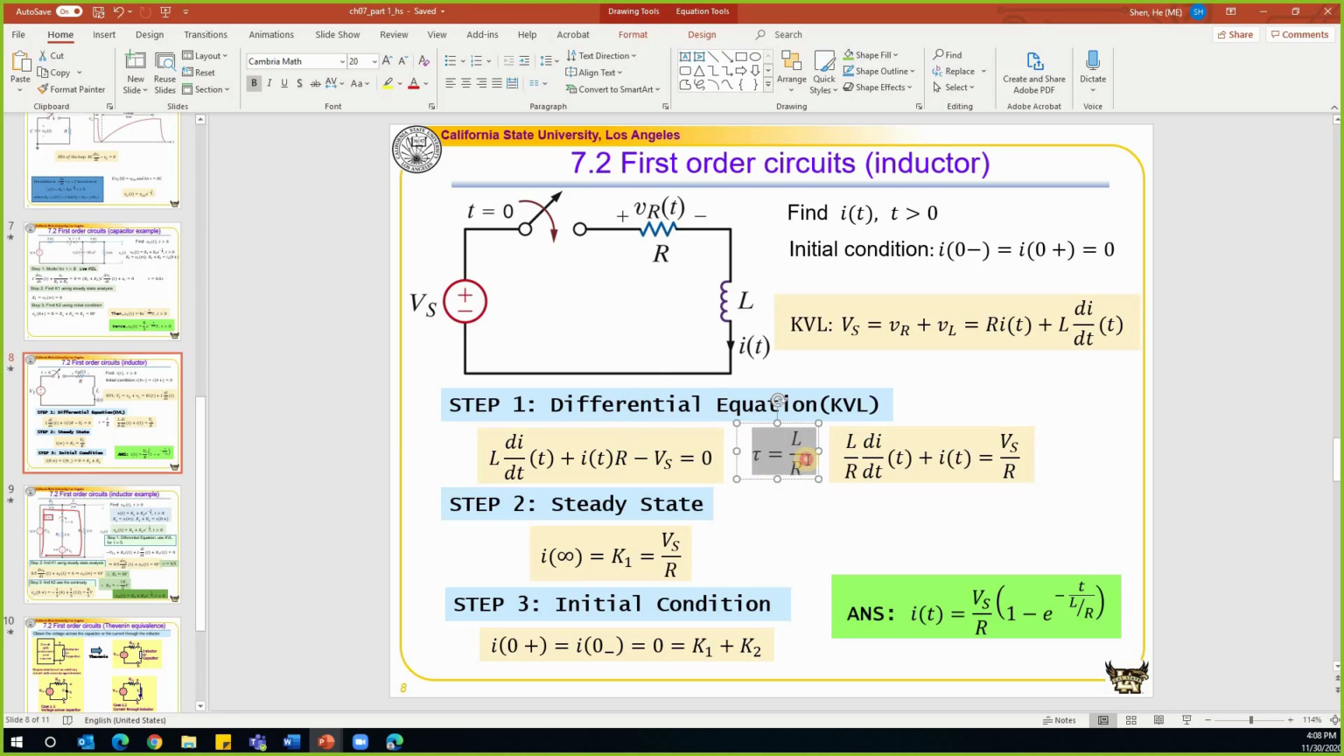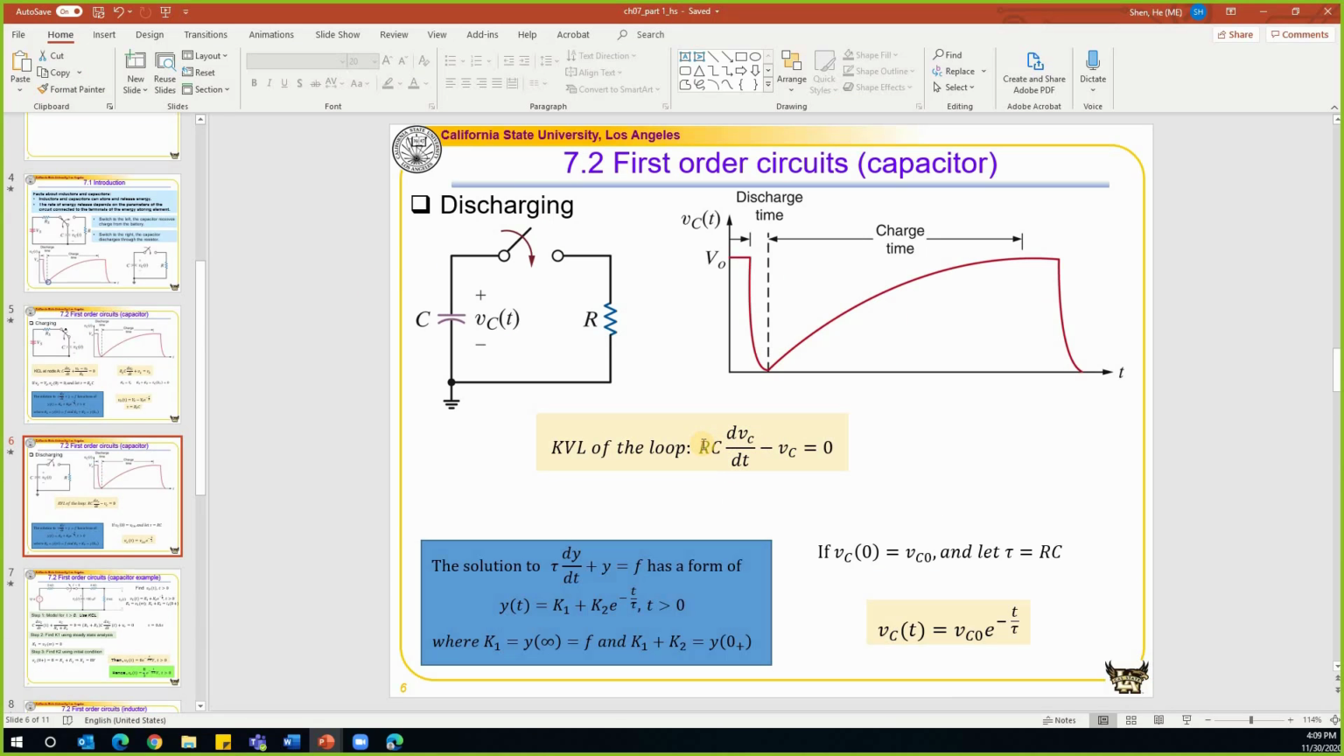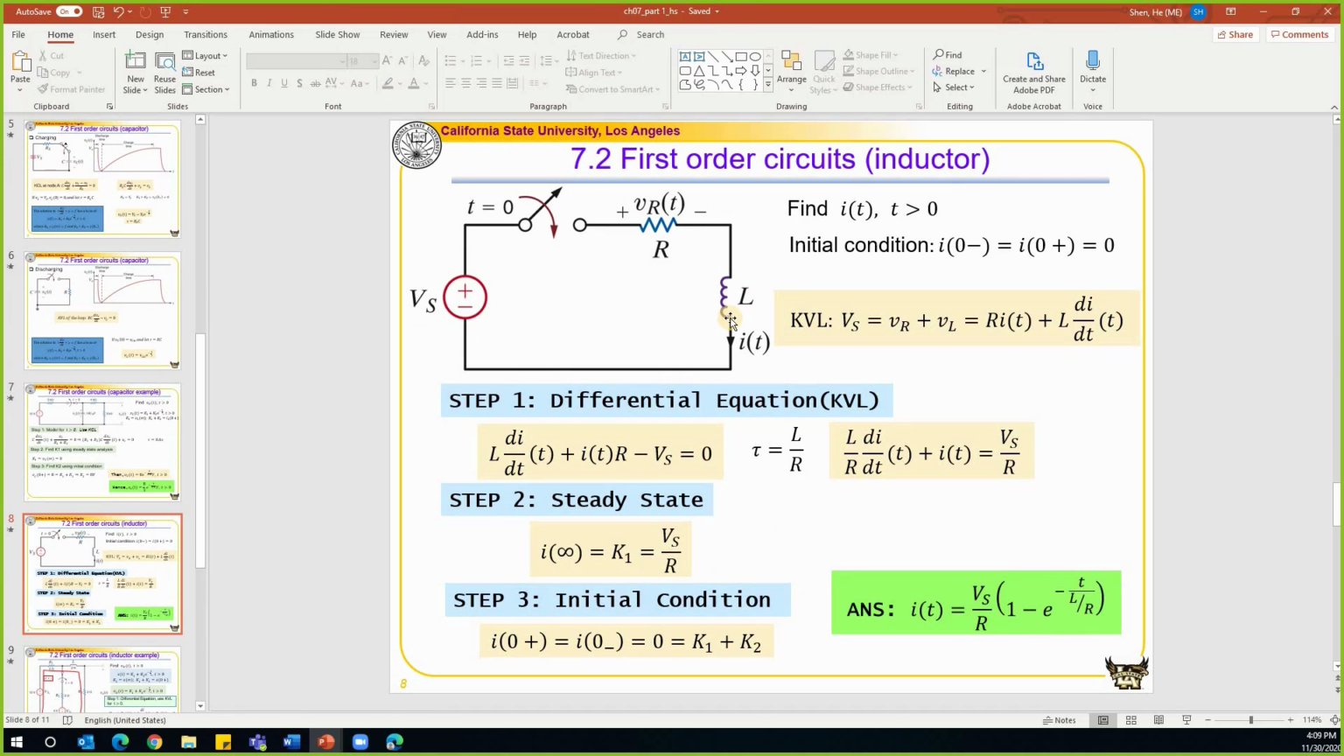For circuits with an inductor, the time constant is always equal to L over R. And for the circuit with a capacitor, the time constant is always equal to R times C. And we already know C, but what is this R? For a simple circuit like this, R is the total resistance of this network. Similarly here, R is the total resistance of this network after time t that is